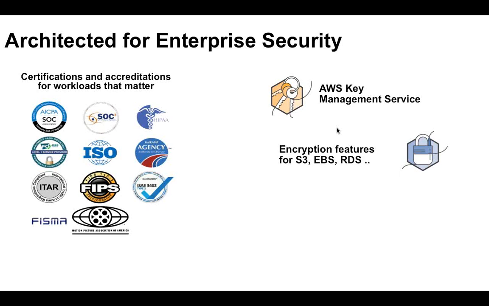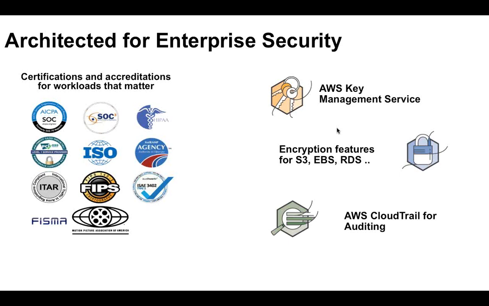You have encryption features built into a lot of them. You could also use features such as transparent data encryption for some of these databases. Hence, placing your critical data, your compliance-sensitive data on AWS is no longer a barrier because you could use these native encryption features. And going beyond encryption, there is also a need to demonstrate logging, auditing, and compliance with